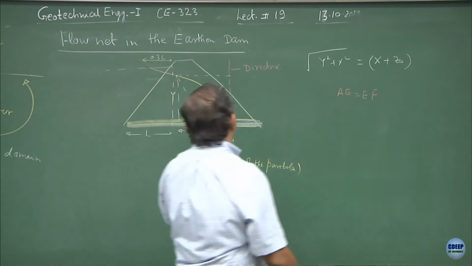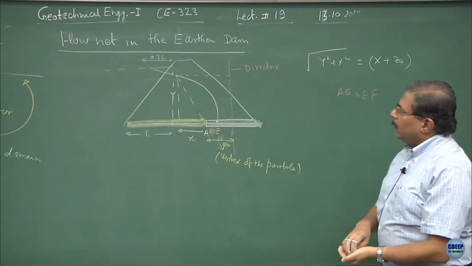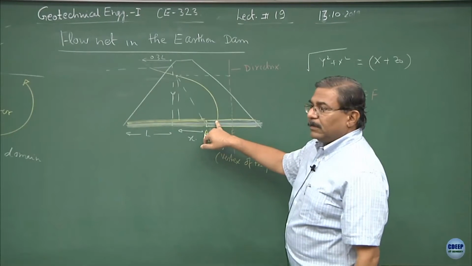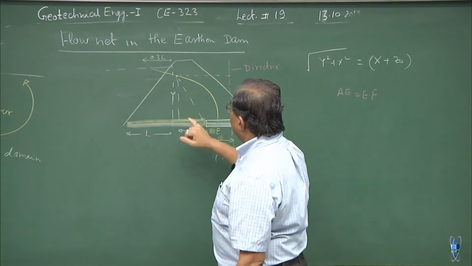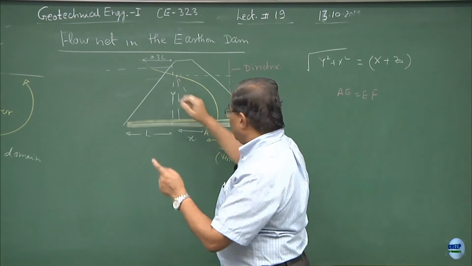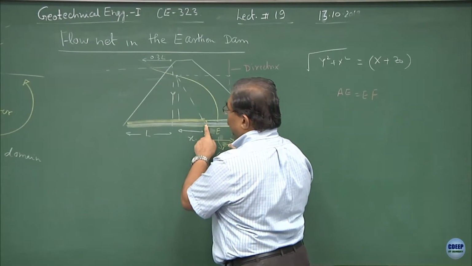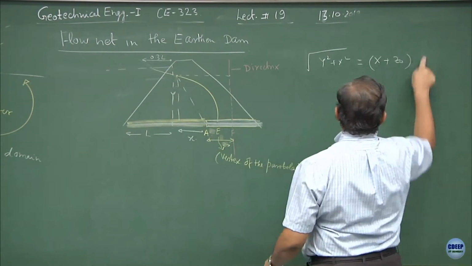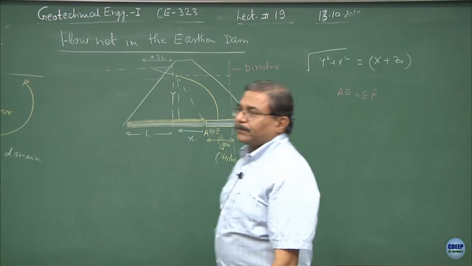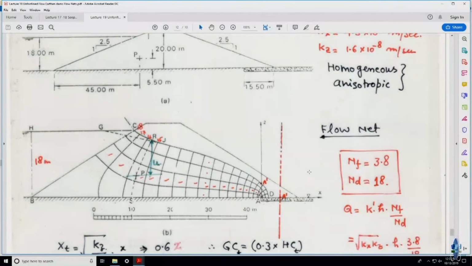For solving the parabola, how many points we require? 3. One is known, second one is fixed, third one I can obtain by using this geometry. So, if I know the z naught value, I can consider a point over here. This is the equation which I get. Fine. This discussion is mostly based on this construction.